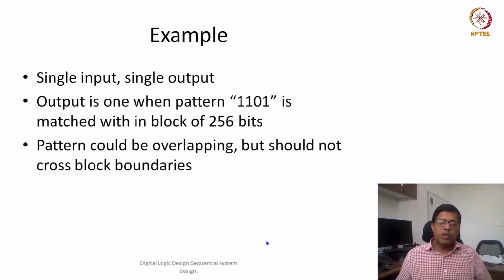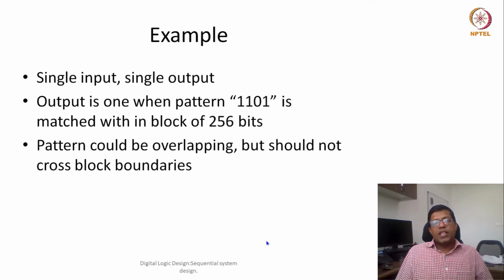Now this problem is very similar to our sequence matching problem, or the pattern matching problems which we had done in the previous few lectures. Like those pattern matching problems, it's also a single input and single output. Single input means it's a serial input which is coming clock cycle after clock cycle, and there is an output every clock cycle. Now the pattern which you have to match is 1 1 0 1, and it could be overlapping in nature. That means there could be a sequence of this 1 1 0 1, and two patterns can overlap.